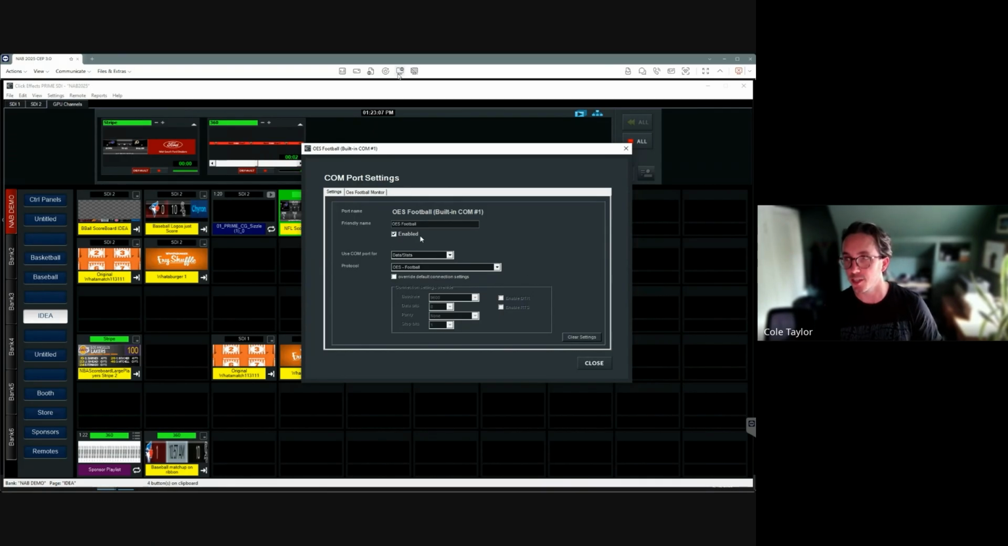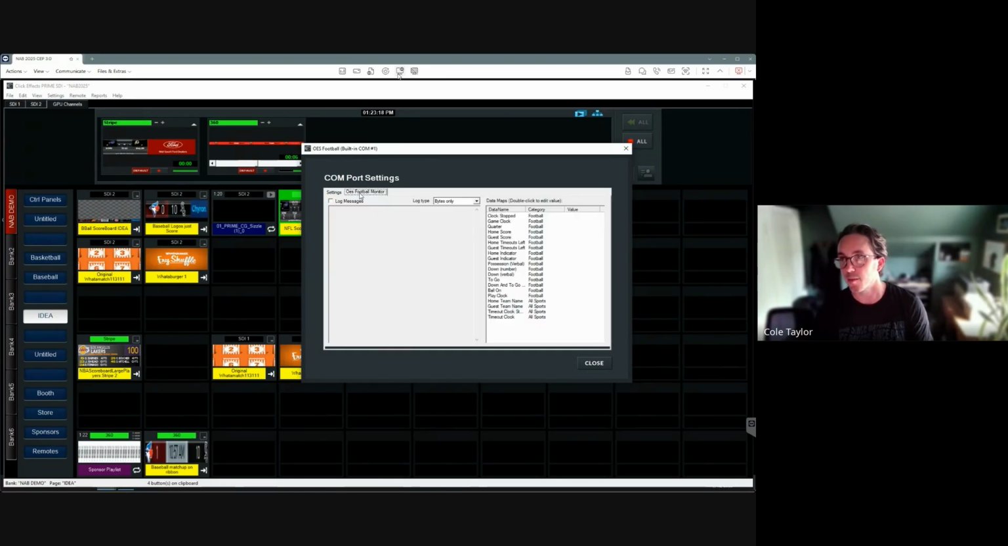actual venue. So here we have an OES controller and it's running the football protocol. That's the parser that's taking the data and parsing it into the different fields for football. And on this other tab here, OES football monitor, you can see on the right-hand side, these are all of the different fields that are available within that data set. So just from here, something really cool, even though data isn't flowing into it, I still have the ability